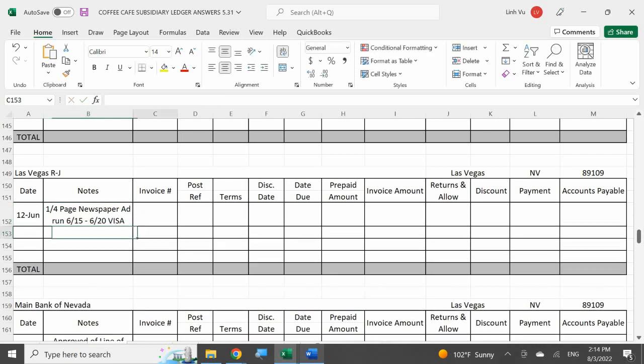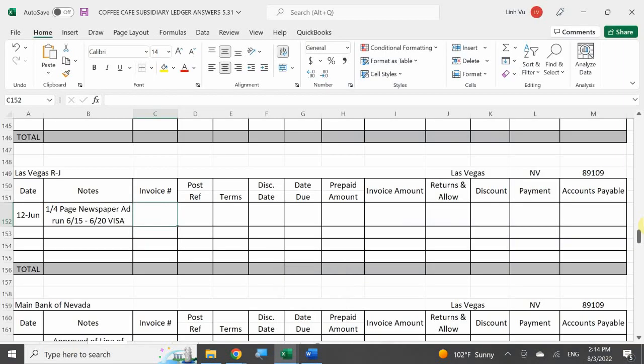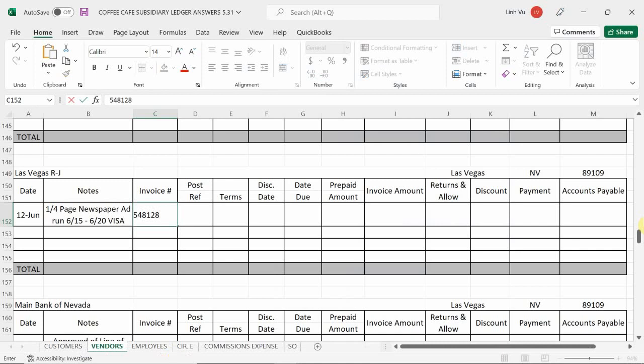This is where I should note that I paid with a Visa credit card. That's proof of payment. Now, what was my invoice number? 548128. Post reference once again, we're still on page 4. Was there terms? No. We paid at time of service. So what was the invoice amount? $85. And because we made a payment using our credit card,